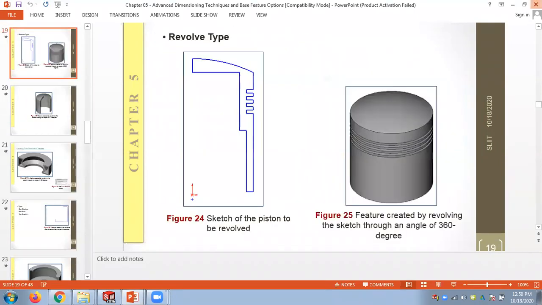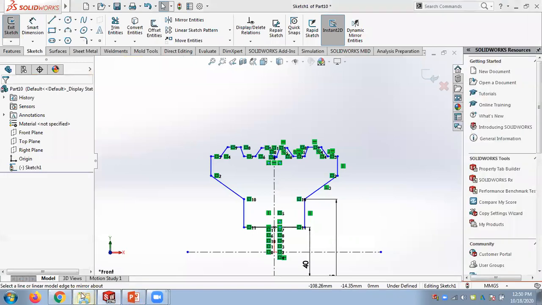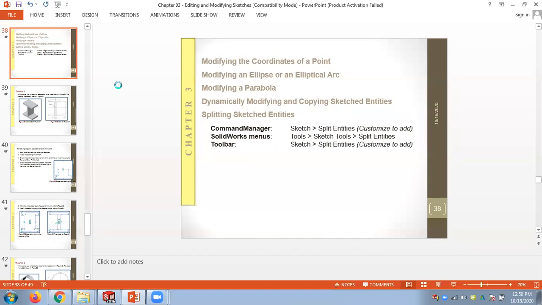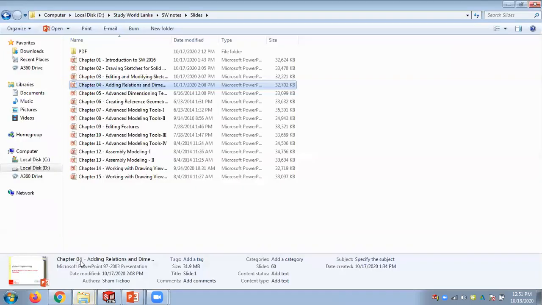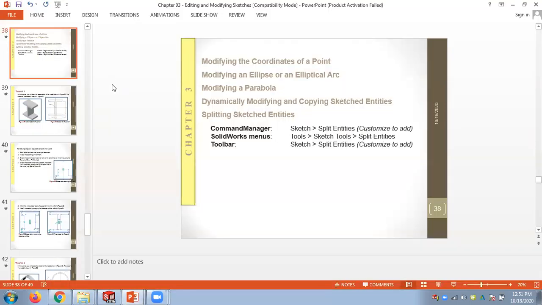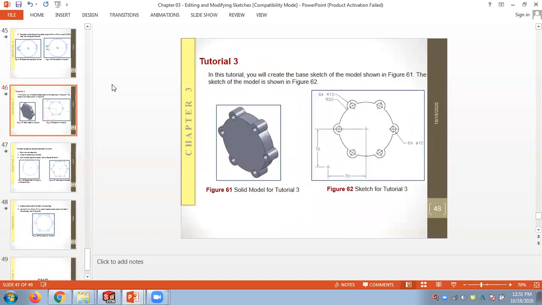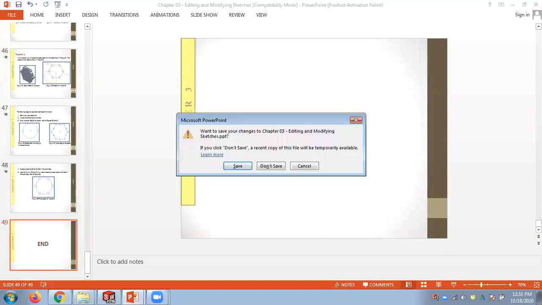And one more tutorial I will give you. You have to do some work at home to cover more theory parts in the online class. So just do some work at home and come next day. Then it's easy for us because we have a very tight schedule. So chapter 3 is fully done. Not fully done. We have to cover this theory. We will cover this one next day, the pattern theory. Chapter 3. So chapter 4.